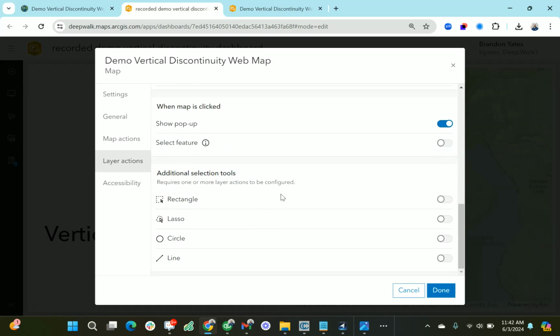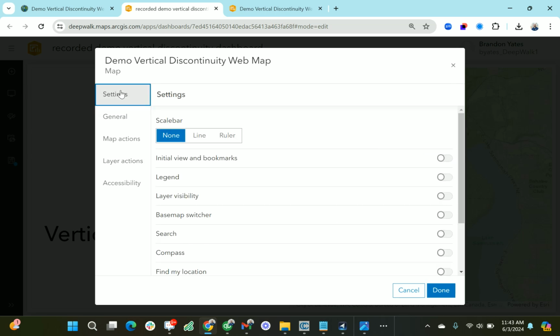Now we're going to scroll to the bottom and enable these tools. So you can use a rectangle, lasso, or a circle to select multiple trip hazards. If you don't have this turned on, you're only allowed to click one at a time, and that's not any good. And then another thing we'll do just generally to make our map better is we'll go to settings and